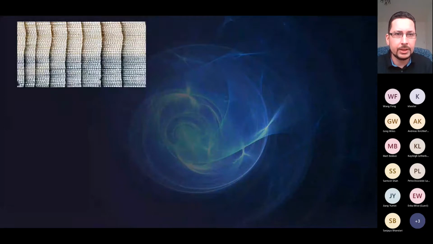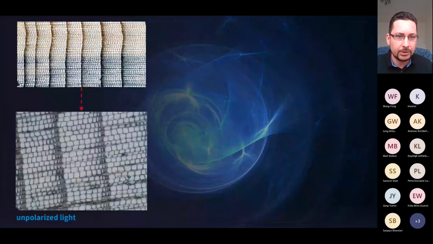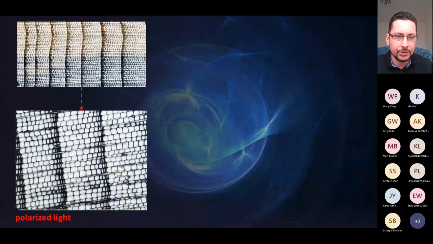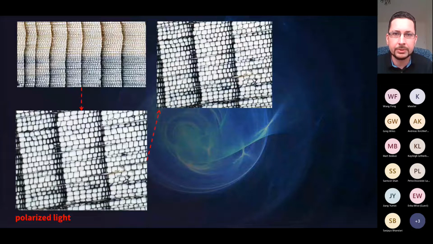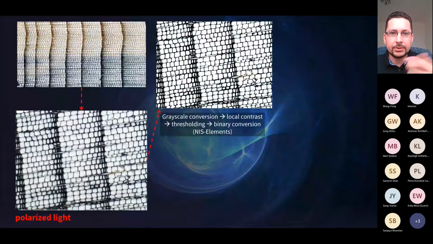So just to show that, sometimes we also experimented with staining. Here's an example of the unpolarized version of that image and the polarized light version, and you can see a clear improvement in the contrast. So here we also have